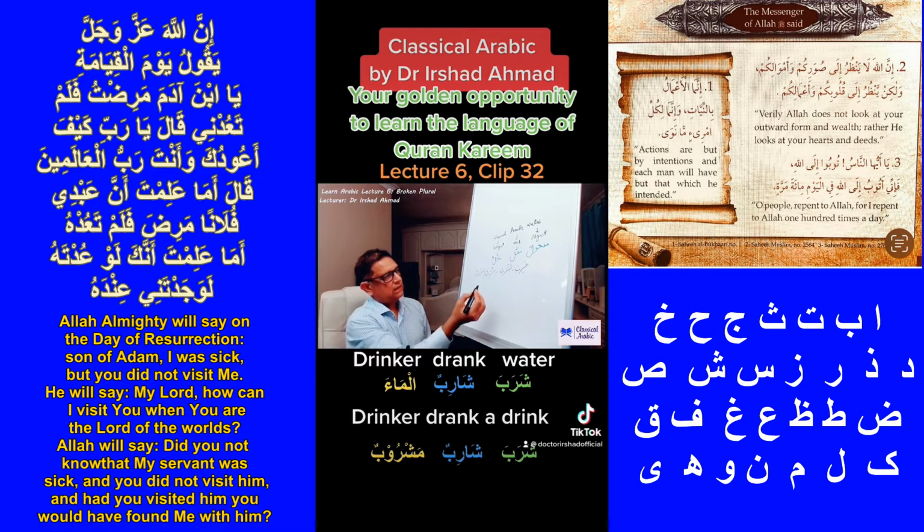And its maf'ul is going to be mashroob, something which we drink, and we are quite familiar, especially in Urdu, we are quite familiar with mashroob, mashroobun. We can replace water with mashroob if we have to, but we are just going to replace subject with this